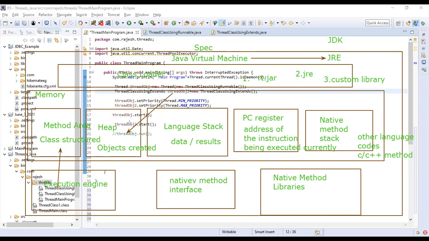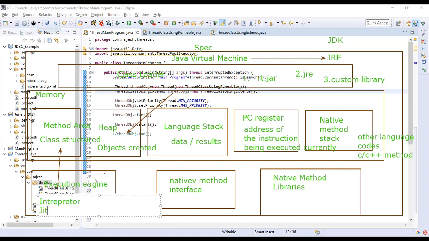And we have three more boxes. What are the three more boxes? The execution engine, the Java native interface, and the native methods. Execution engine is nothing but the actual interpreter, which reads the byte code, interprets it and starts executing.